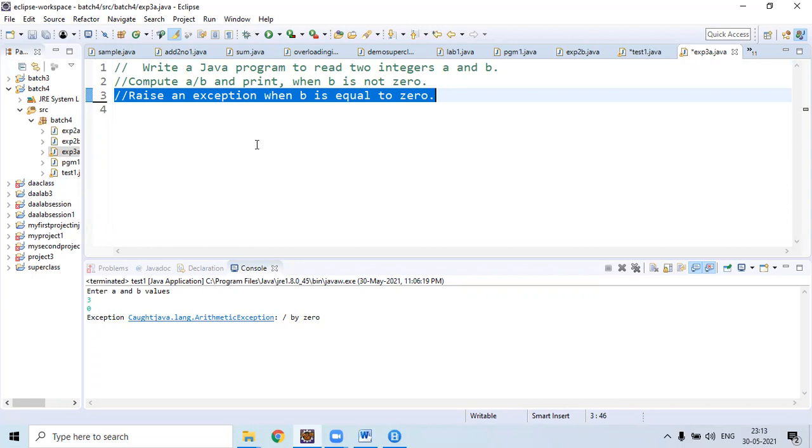Suppose if you want to test our code, whether it contains errors or not, in that case, we need to place all our statements inside try block. If any of the statement contains error, immediately try will throw an error.